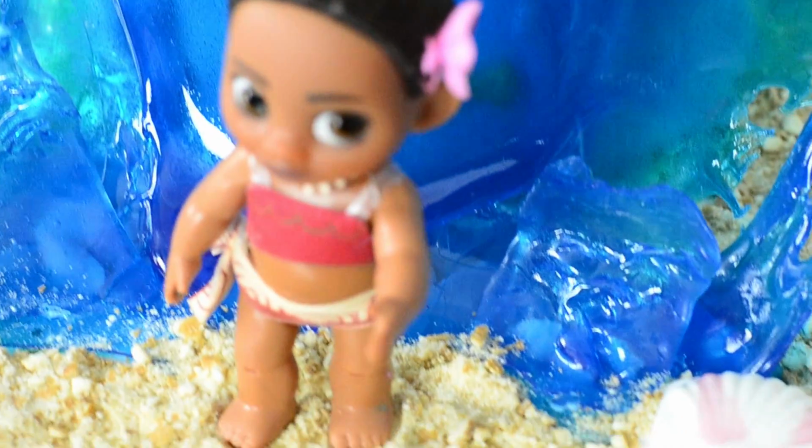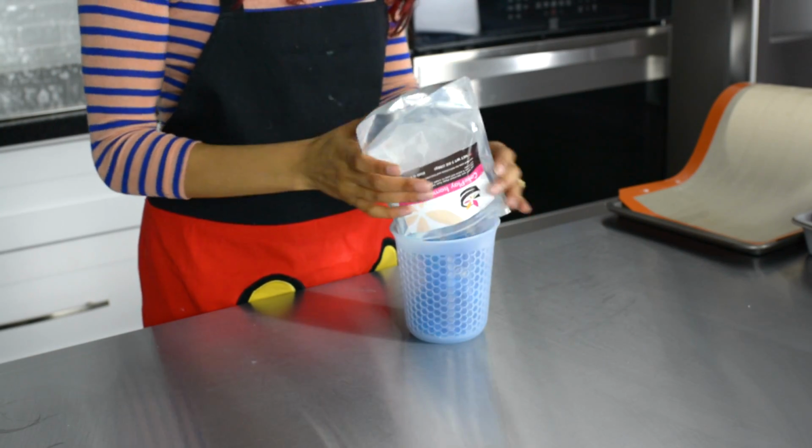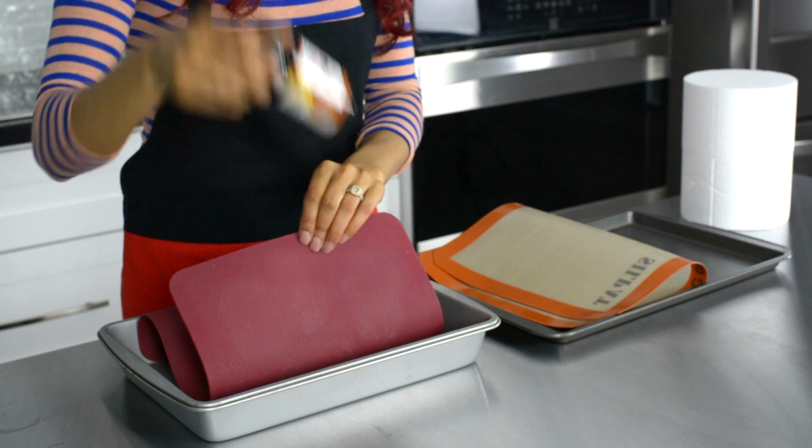To get this wave technique was actually so simple to do. ISOMALT nibs actually come pre-packaged like this, and this one's by Qaked and it comes in all sorts of colors, which was perfect for me because I got blue for the water. All you have to do is pour these into a container. I used a silicone container because they are microwavable and are easy to pour out right after without burning your